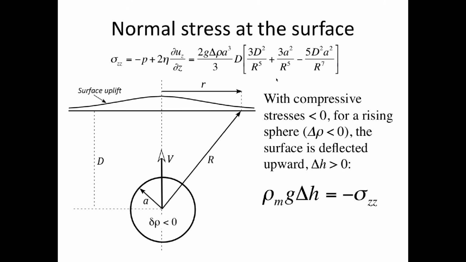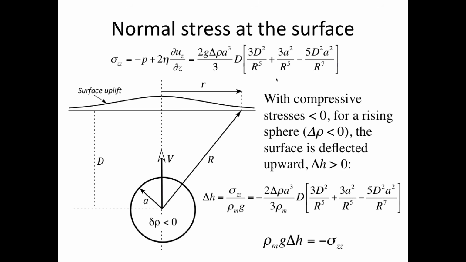And then we can do what geophysicists often do. We have an equation here. We can invert this equation. This is a difficult operation. We divide through by rho g, and we get the height of the surface. It varies in this way. It varies with the mass of the sphere, because remember the delta rho times the cube of the radius of the sphere, except for a 4 pi over 3 factor, is the mass of the sphere. It depends inversely on the mass of the material you're lifting, and it has a bunch of geometry that in principle we know. And I should say this is an approximation because we've only carried out a certain number of terms. Okay, notice that this is independent of viscosity.